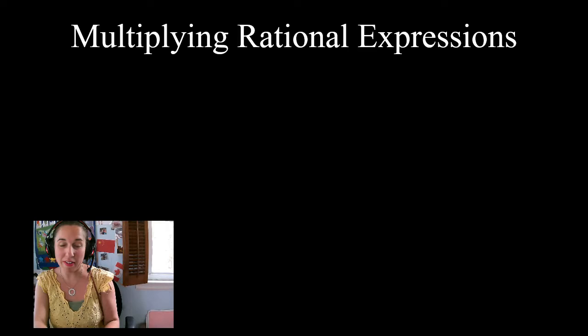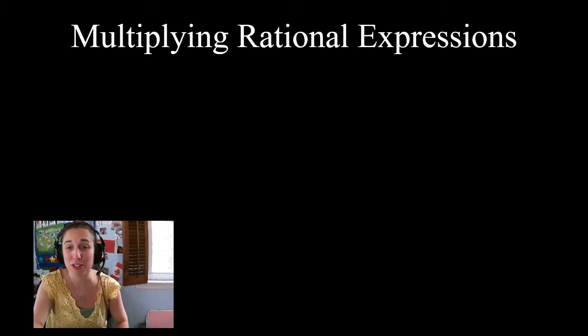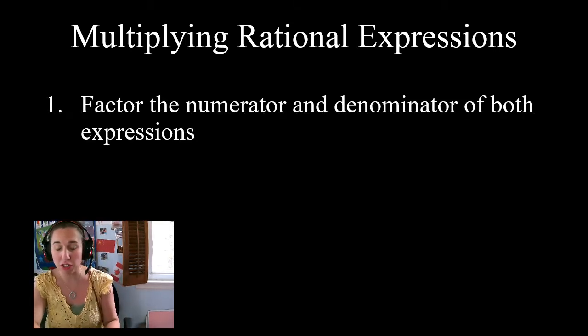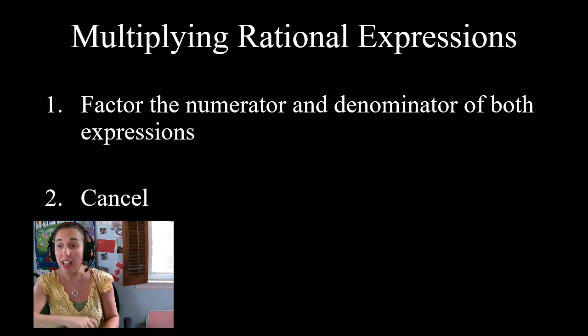So when you're multiplying rational expressions, you're going to do two things, and they're basically the same things we did when we were simplifying rational expressions. First, you're going to factor the numerator and denominator of both expressions. So in this instance, you're going to have not just one expression to simplify. Now you're going to have two expressions that you're going to be multiplying together. So you're going to factor the numerator and denominator of the first expression, factor the numerator and denominator of the second expression, and then cancel out any factors that they have in common, which is pretty awesome,